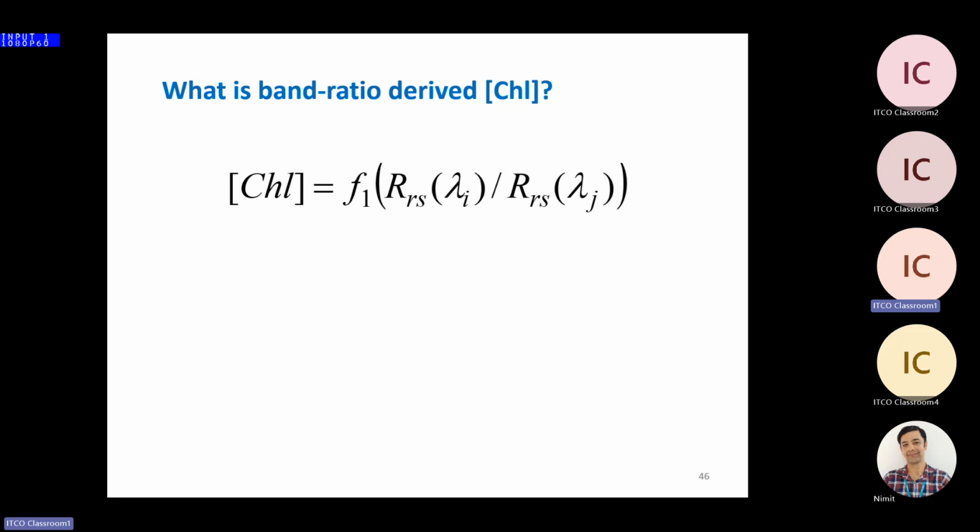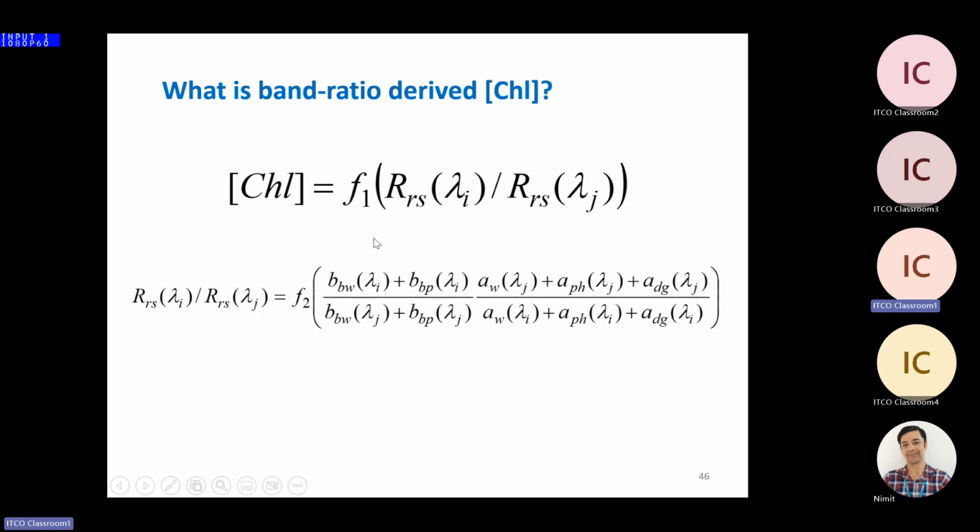So what is this ratio-derived chlorophyll? Chlorophyll is a ratio of Rrs. Rrs is BB over A plus BB. So you can see this ratio of Rrs of two bands is actually a ratio of BB and A. So it's not surprising that the chlorophyll product is actually an IOP product, because by the model, by the mathematics, it must be